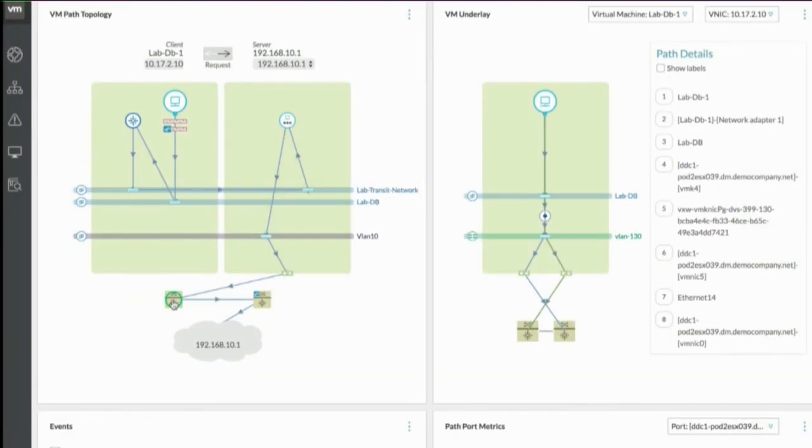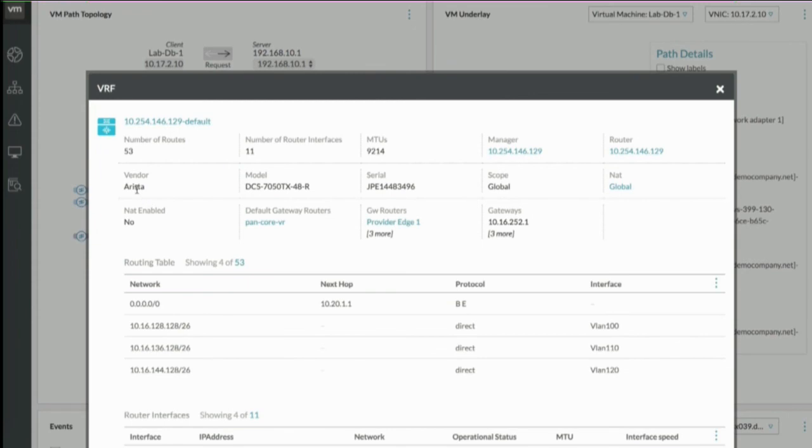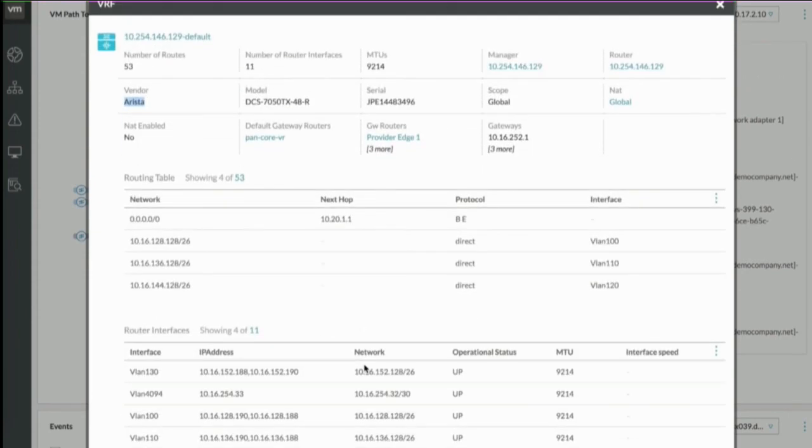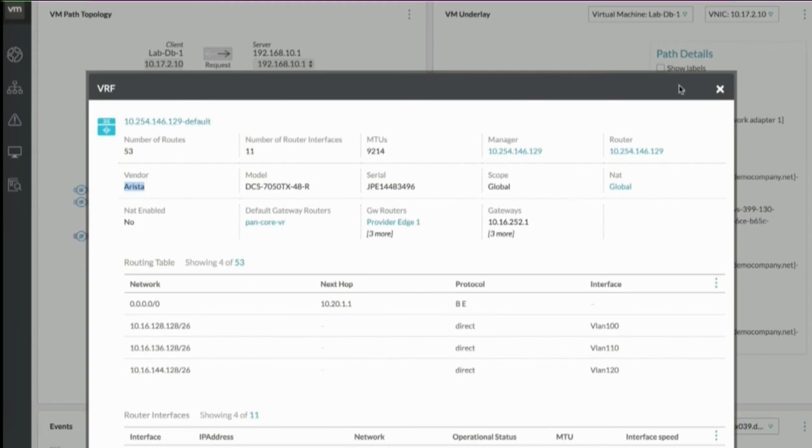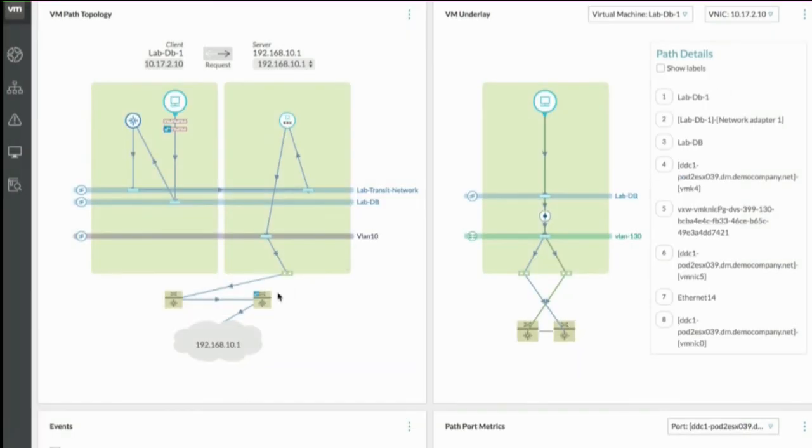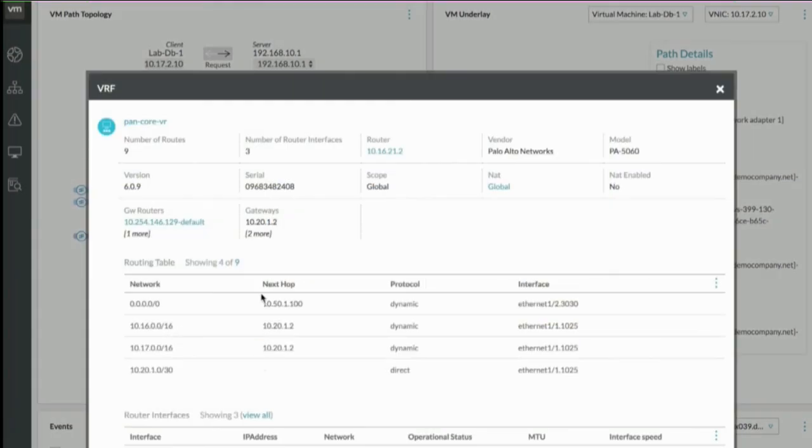So I can click here on this switch and check that this is an Arista layer 3 switch. We can see the routing tables that are applied to this communication, and the same goes for the next box, which is a physical Palo Alto device. So I can see the communication end-to-end, not only the virtual side, but also on which physical devices I'm going